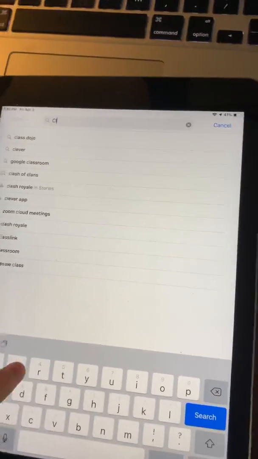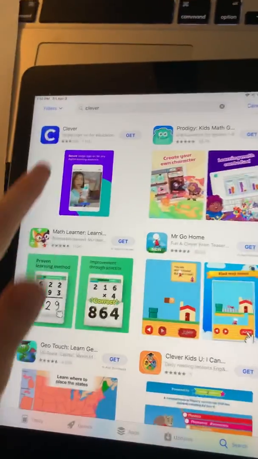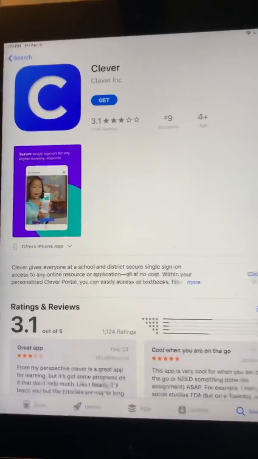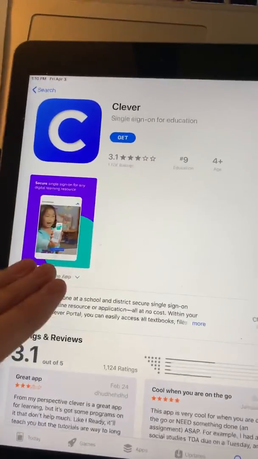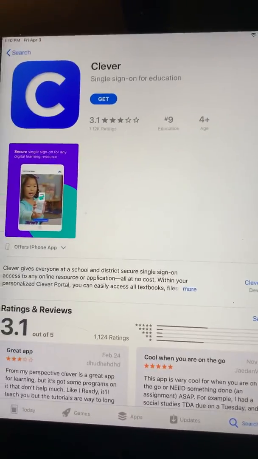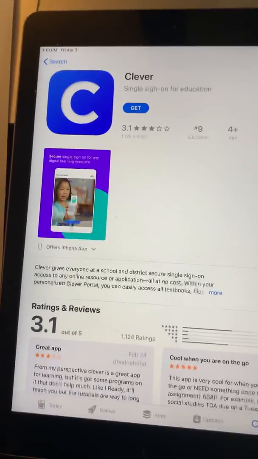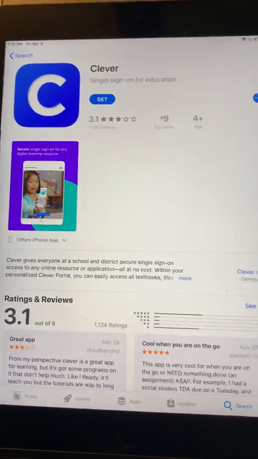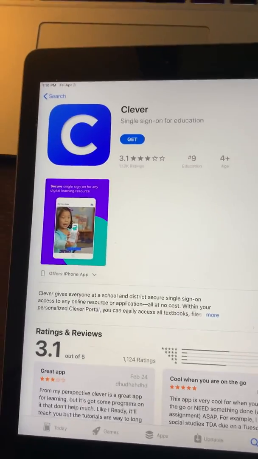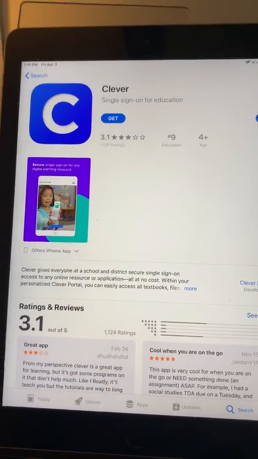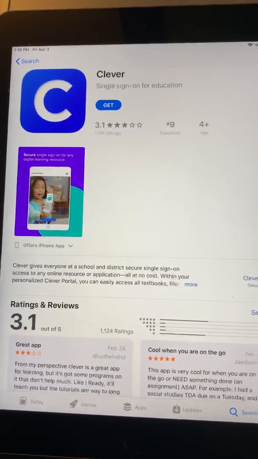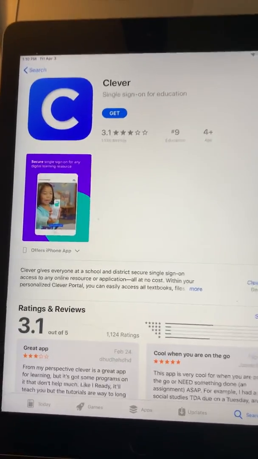When you log into Clever, after you download this app, I'm not going to download it, but once you log into this, it might ask you for the school name. So type in Dave Blair Elementary or Blair Elementary if the other doesn't work. From there, it should ask you for a username, which is your student's ID number, and the password is POI